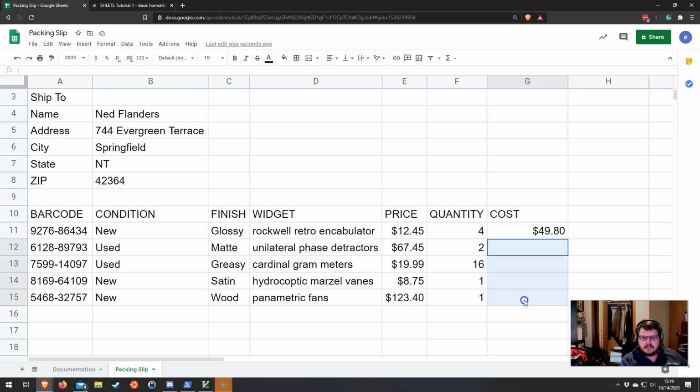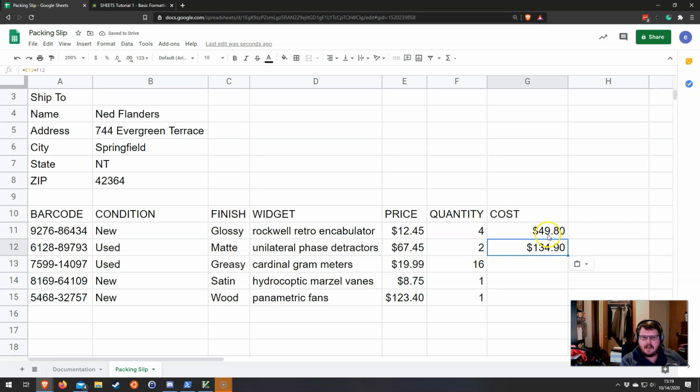Next, we want to fill in this column. The last thing you want to do is do something more than once. So I'm not asking you to go equals this times this and equals this times this. I'm actually going to have you copy and paste this. You can go up here, hit edit, hit copy, click down here, hit edit, hit paste, and what's interesting